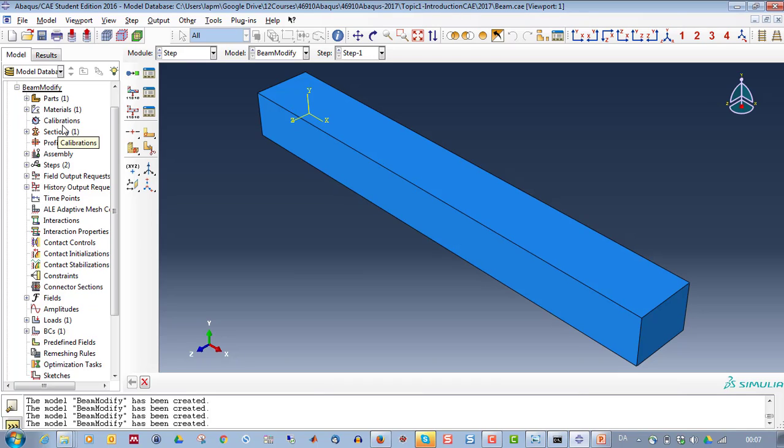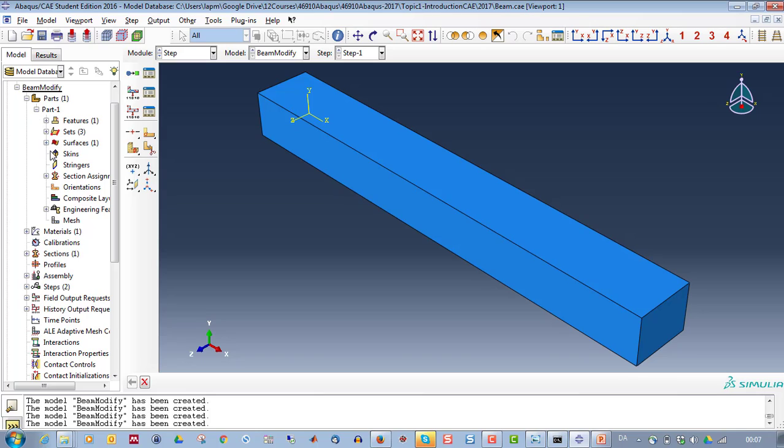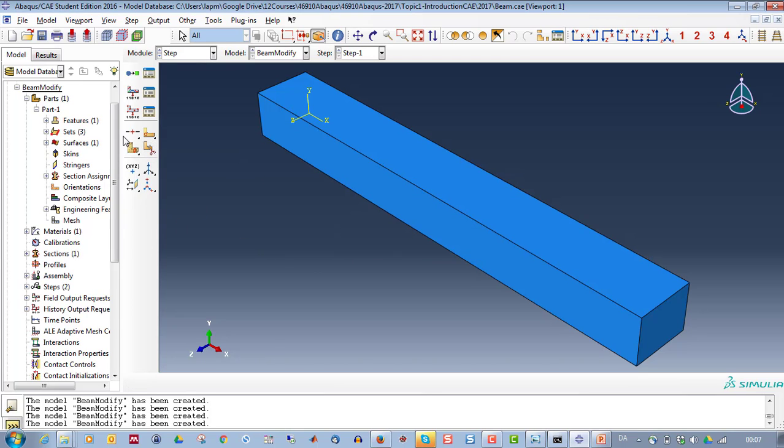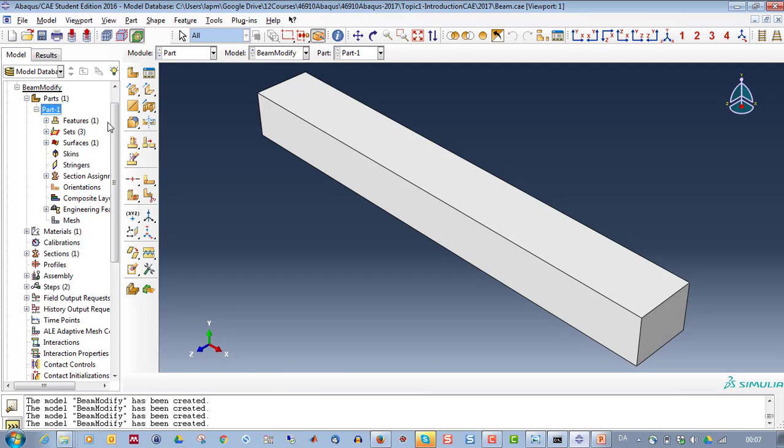and modify different things. So first we would like to split the part up into two subparts. We can do that when we go into the part menu. There is an indication here of different ways to cut a 3D structure up. We will select the first one here. We need to be in the part here. So now we can do it.